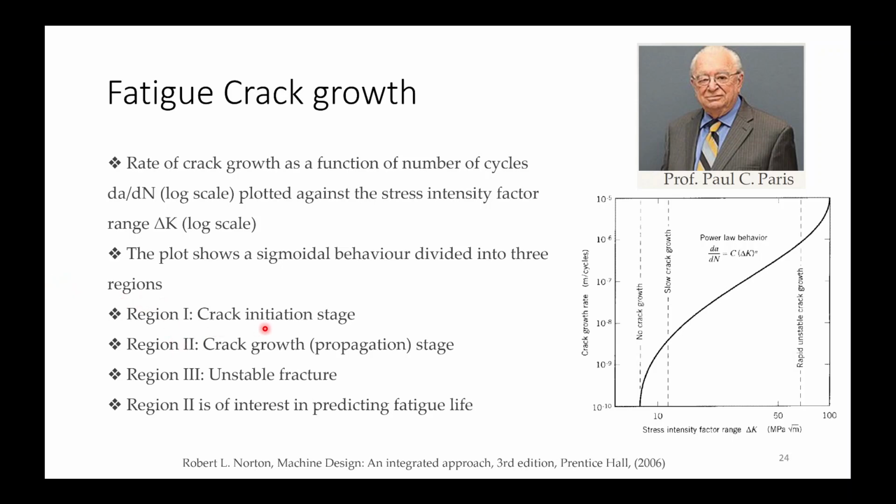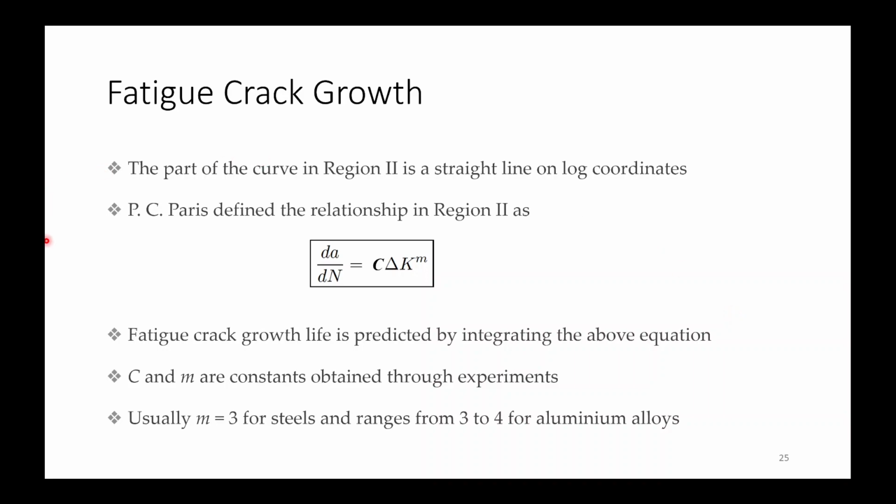The first region is the crack initiation stretch, where your crack will initiate. In region 2 your crack is propagating at a stable rate. Then the third is unstable fracture, and region 2 is of interest in predicting fatigue life. The part of the curve in region 2 is a straight line on log coordinates, and P.C. Paris defined the relationship in region 2